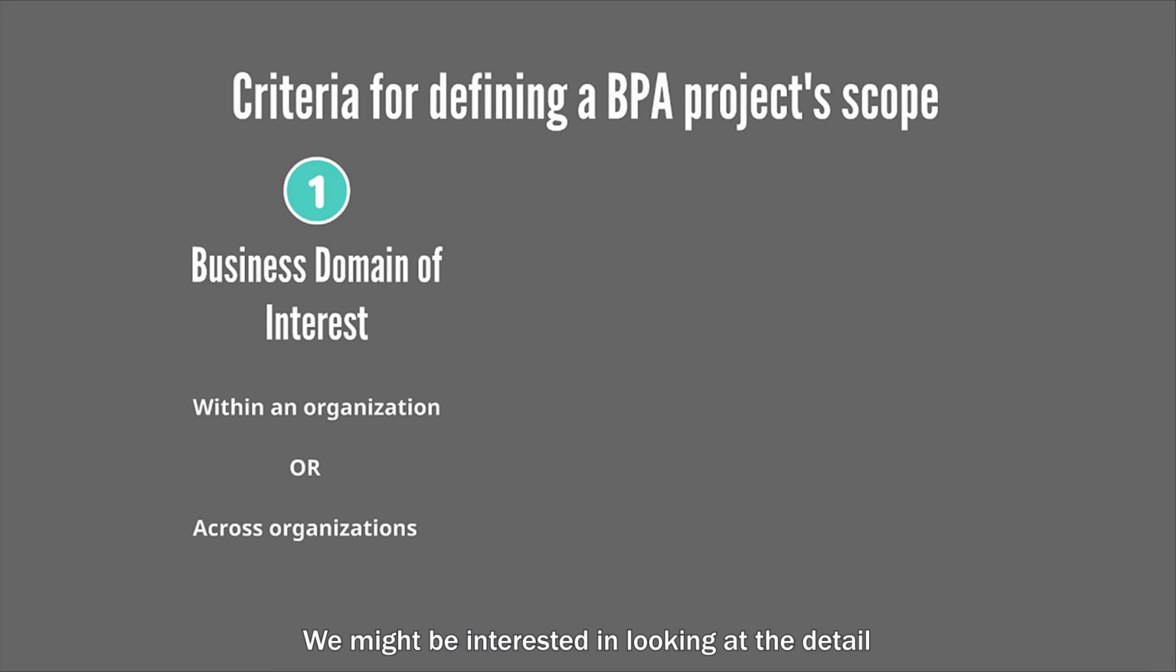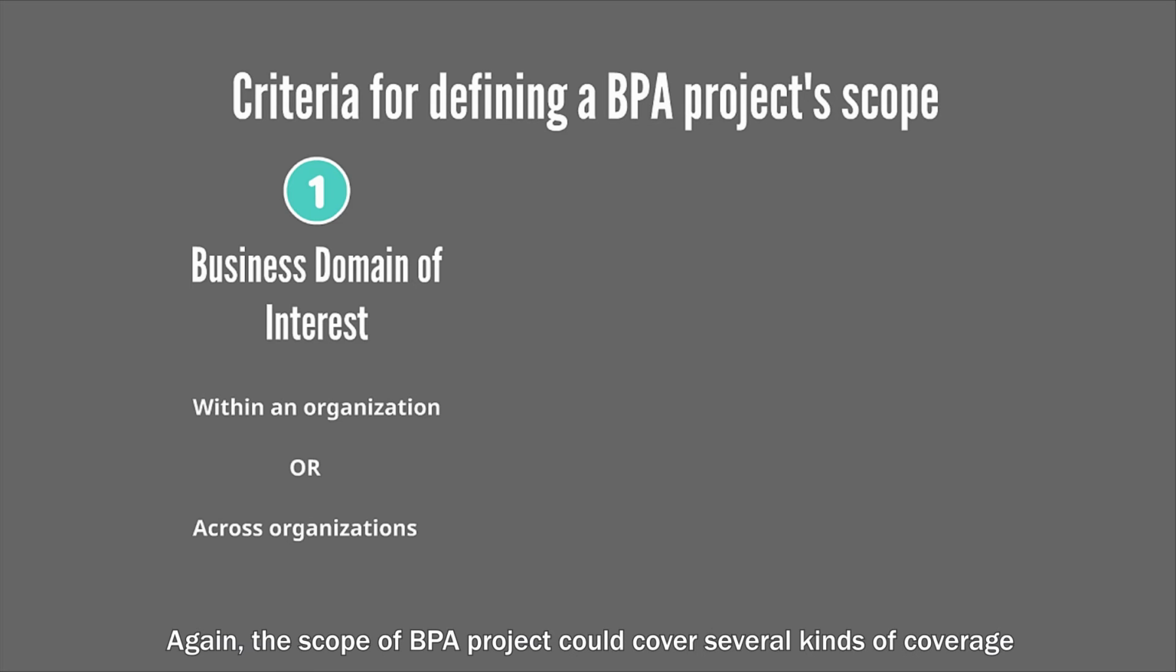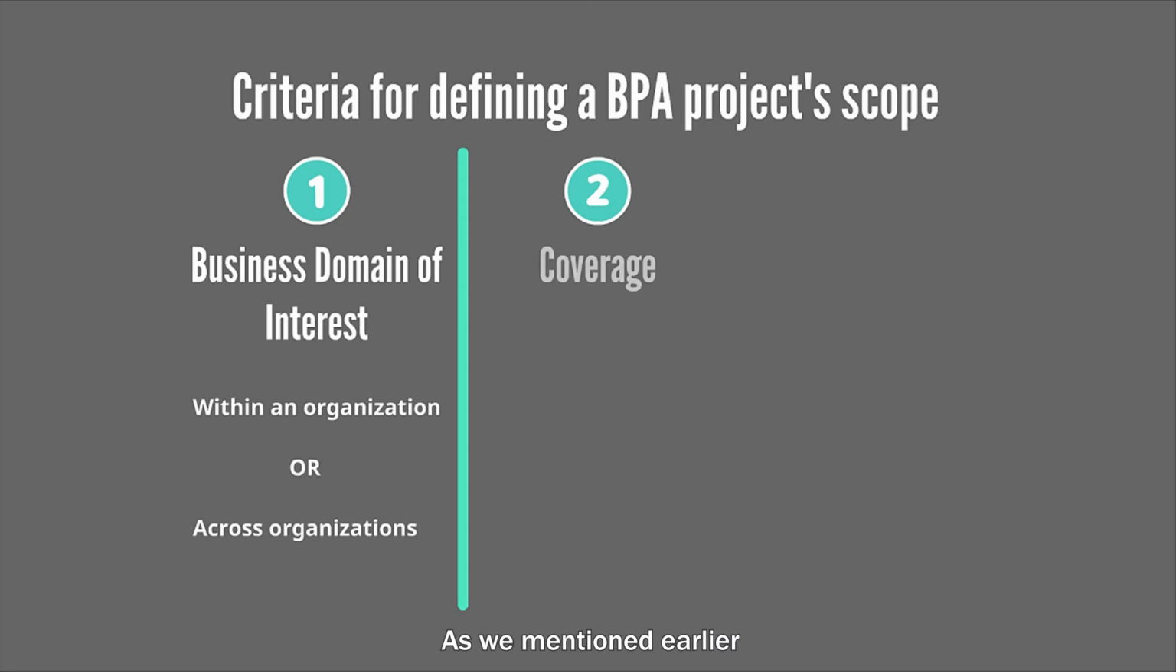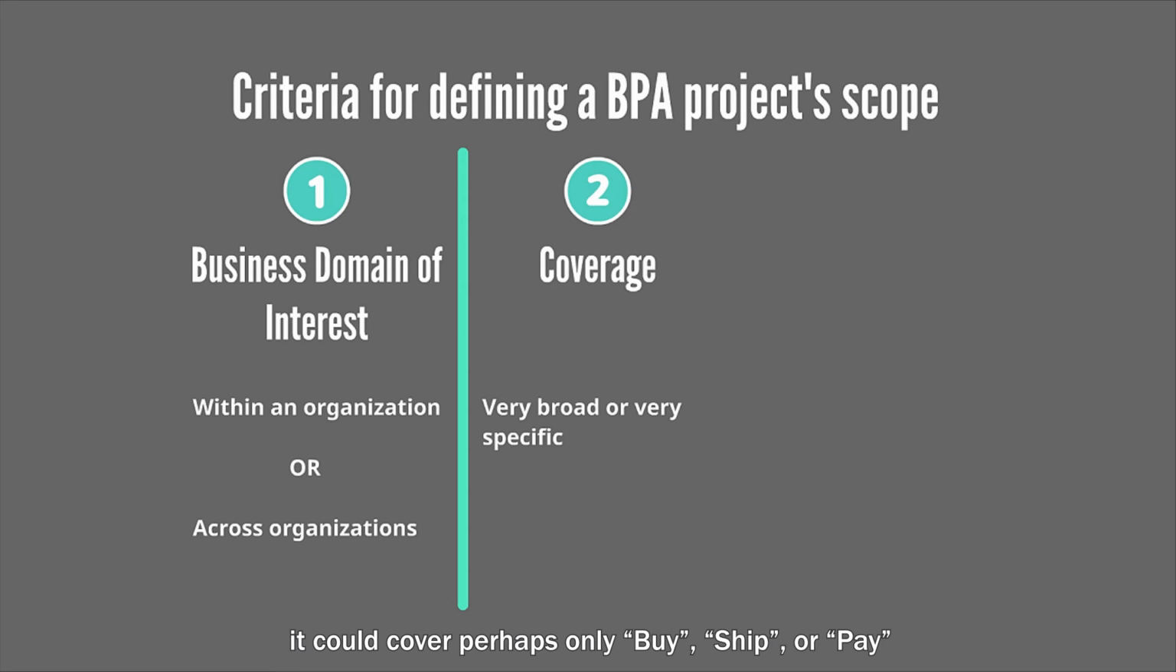Or the domain of interest could cover procedures conducted across several relevant organizations. For example, we might be interested in looking at the detailed joint inspection and customs clearance procedures conducted by customs officers and also representatives from other regulatory agencies. Again, the scope of the BPA project could cover several kinds of coverage. As we mentioned earlier, the coverage of the international supply chain under investigation could be very broad or very specific. For example, it could cover perhaps only buy, ship, or pay, or all 3 main